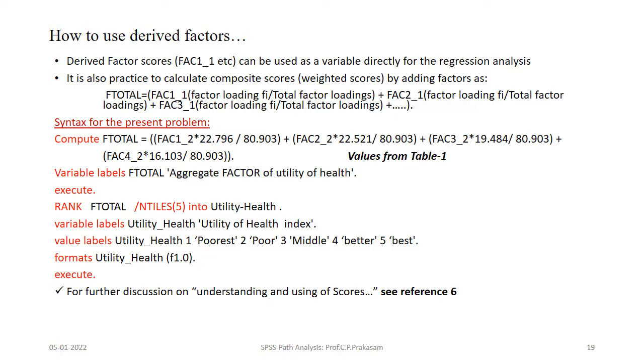Execute, put a dot, and then comes the rank, that is a command. F total /NTILES(5) is a command.